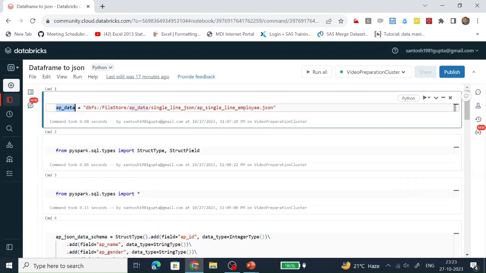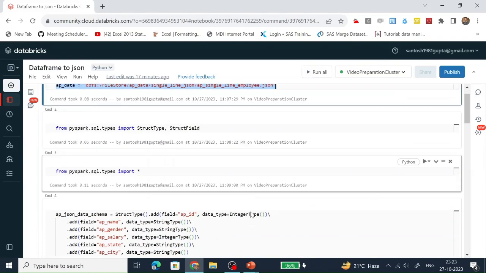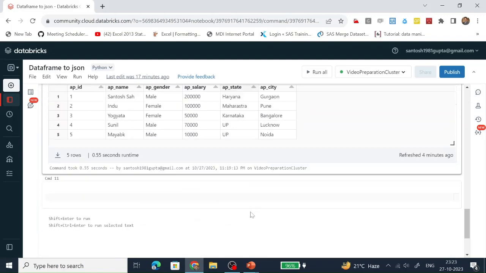This is the JSON file which we are going to read, create the data frame, and again create the JSON based on the data frame which we are going to create after reading this JSON file.